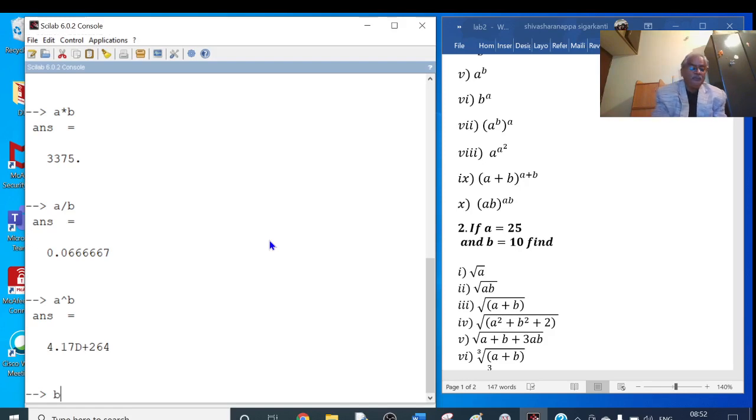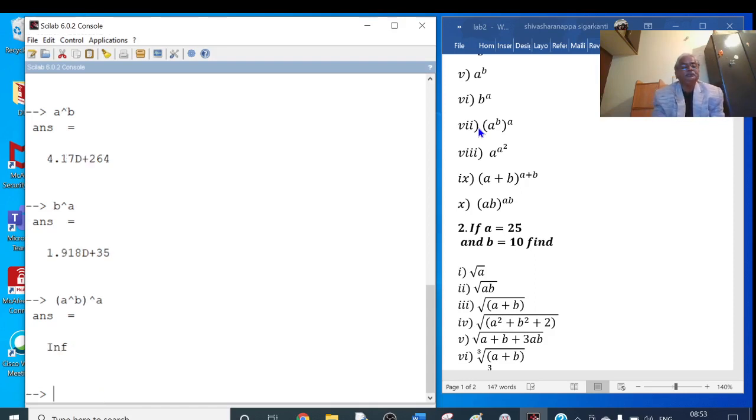B to the power of A. B cap A. Press the enter button. This gives B to the power of A. And then A to the power of B whole to the power of A. This is the whole to the power of A, therefore I have to put a bracket for this. For that, I will open a bracket, A cap B, bracket close. This finds A to the power of B. To this I have to take the power of A. So that is cap A. A to the power of B whole to the power of A.